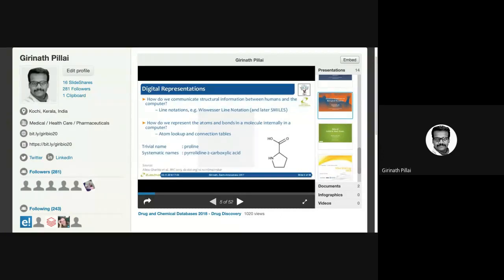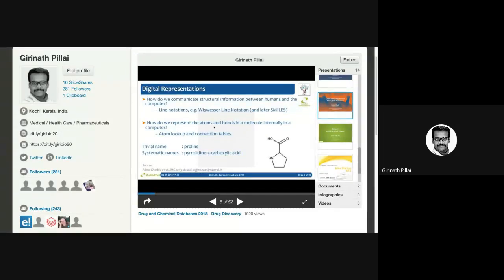But later we have ChemSketch or ChemDraw, all these programs to draw your structures and then paste it, or take a picture and put it in a Word document or LaTeX. So line notation is the name given for whatever the proline is, being shown in the slide, or later called SMILES also. SMILES will be just alphabetic representations without hydrogens.